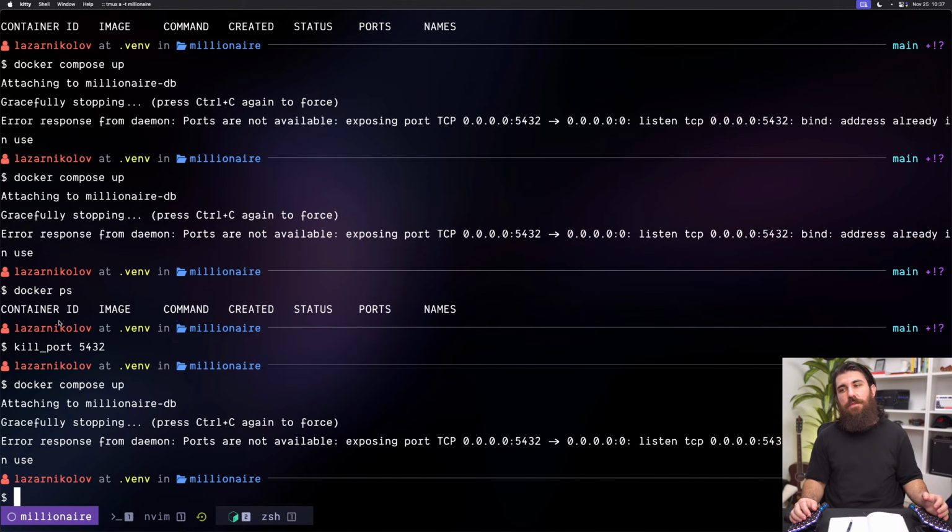Nope. All right, so apparently there is something on this port, and I've had this issue before. I have no idea how to fix it,